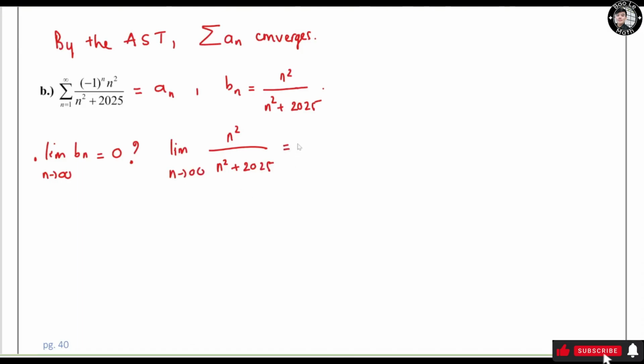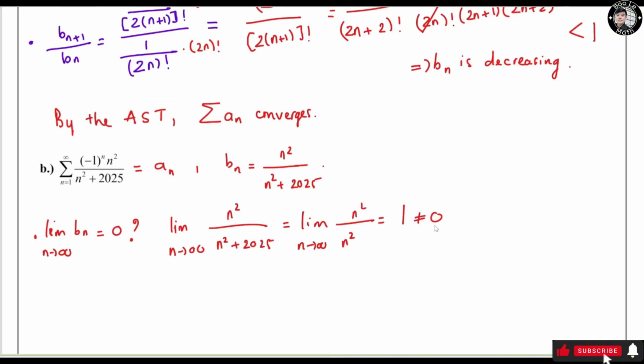It's going to be the limit of n squared over n squared as n approaches infinity. By relative growth rate, as n approaches infinity, 25 doesn't really matter, so I can drop 25. If I simplify this, it's 1, different from 0. Now, the first condition is not met. There's no reason for me to check the second one. So I can conclude that a sub n is not convergent by the